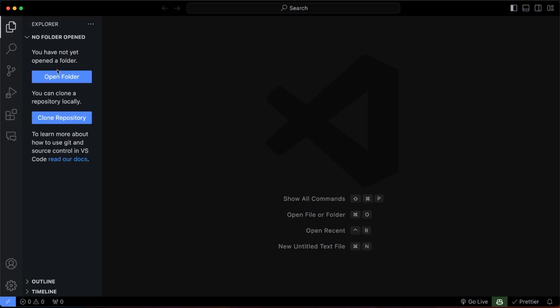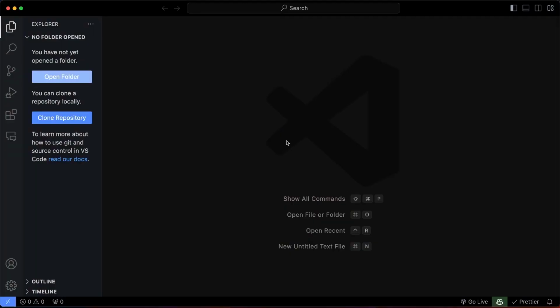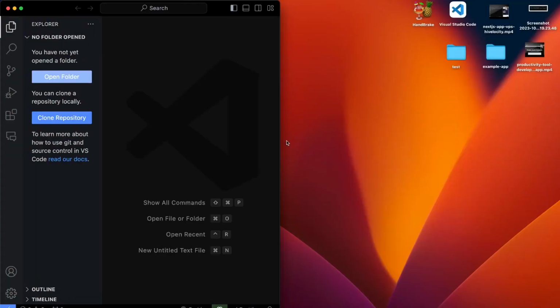So we're going to create files and folders, but you need to have one root folder, or basically the starting point of your project. So you can click on Open Folder, and somewhere in your file system, you may create a new folder and then just open that one up. Or what you can also do, what I like to do, is I will put this on the side. And here, if I'm just creating quickly a new app, I can just on my desktop here, right click, create a new folder here, and I will call this